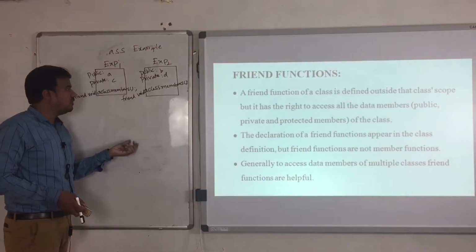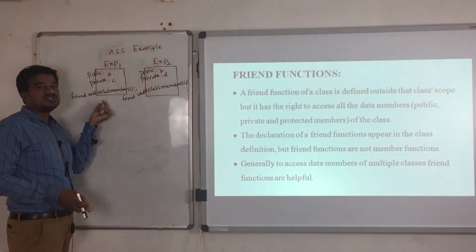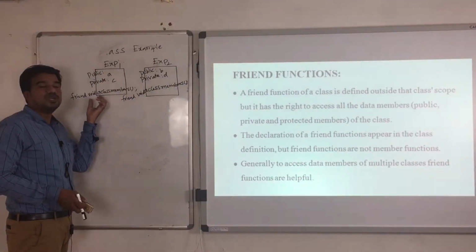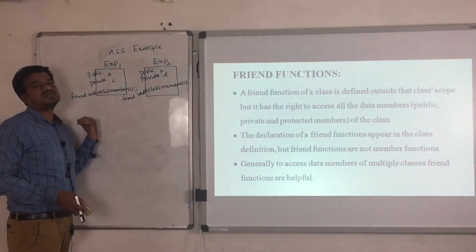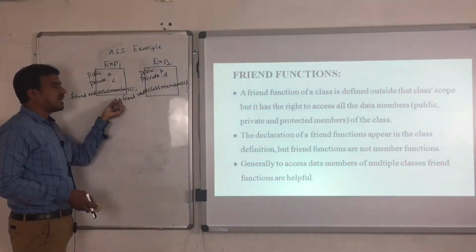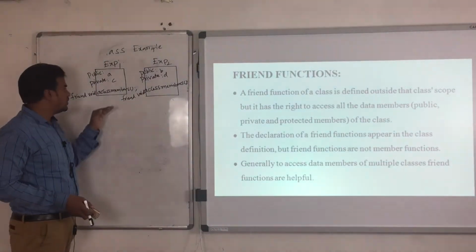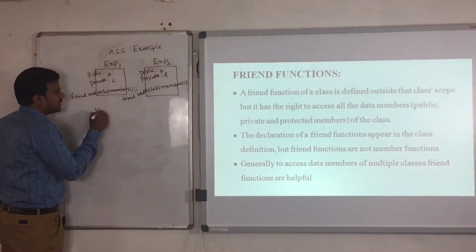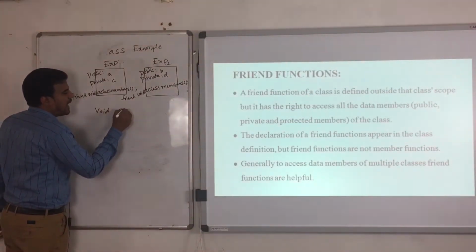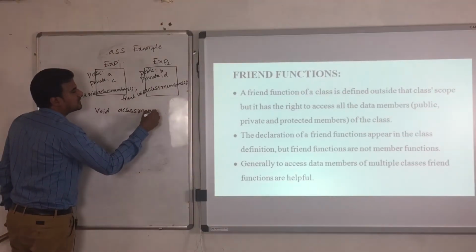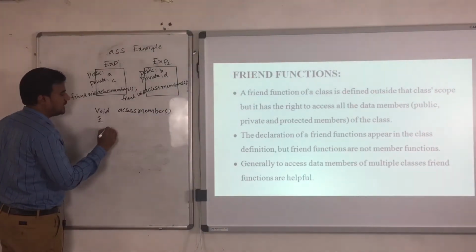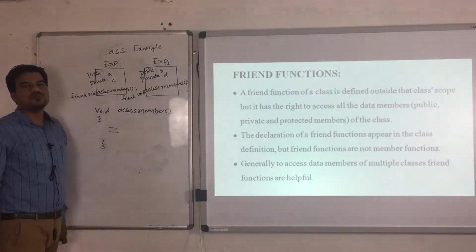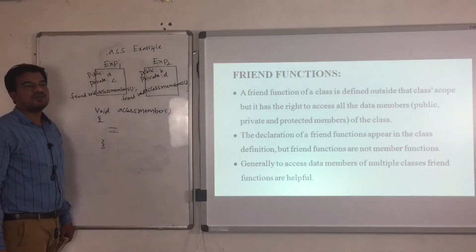function name. So over here, this friend function, as it is not limited to any particular class, no need to qualify your friend function with class name. So what you have to do, simply put the return type and the function name and write the definition. So in order to write the definition of this access member, what I have to do? Put the return type void followed by access member. That's it. Inside it you can write the respective coding of this access member friend function.